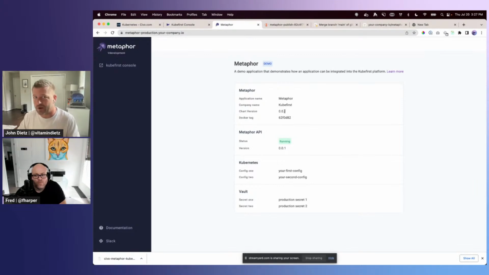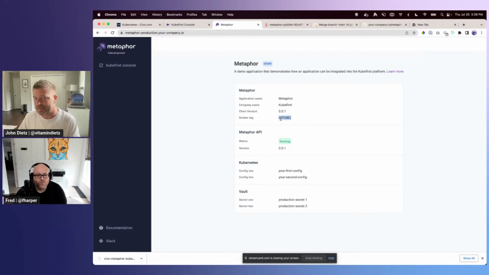It becomes 0.0.1. And then in your Metaphor application, we're automatically going to bump the chart so that it's on the next minor version. So the next version of the application that got delivered would be a 0.1.0, with a release candidate, and you could iterate on 0.1 until you go through a release process, and then it would bump and become version 0.2 for your next release track. So that's the automation that we have for managing charts and versions.